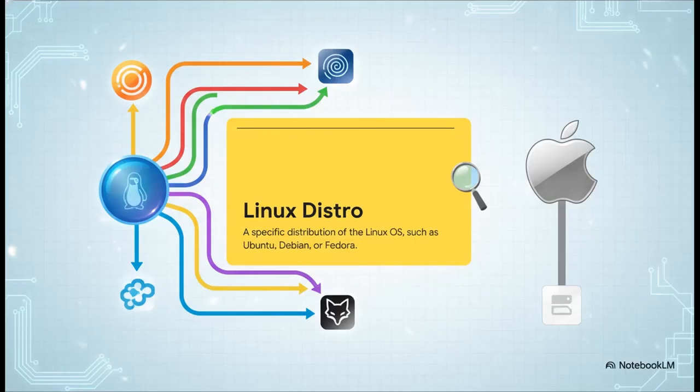And that brings us to a fundamental concept you hear all the time with Linux, the distro. See, Linux itself isn't a full operating system. Actually, scratch that. It's really just the core kernel, the engine, if you will. To actually drive it, you choose a distribution that bundles that engine with specific software. Whether it's Ubuntu, Debian, Kali, it's a build-your-own-adventure setup that is completely foreign to Apple's unified what-you-see-is-what-you-get ecosystem.